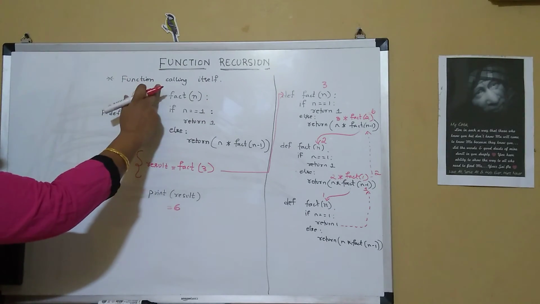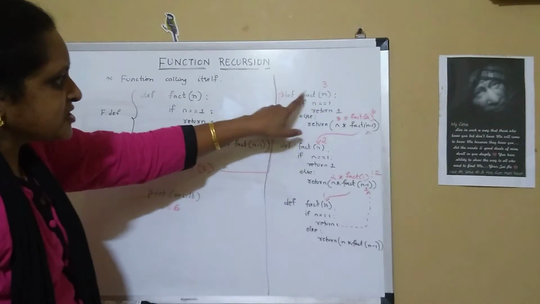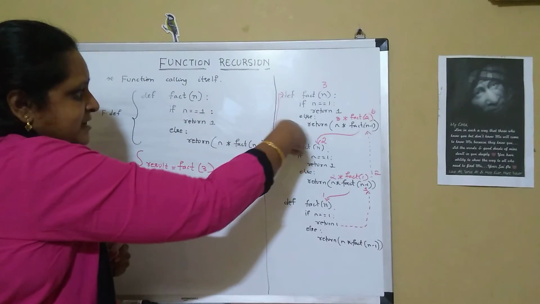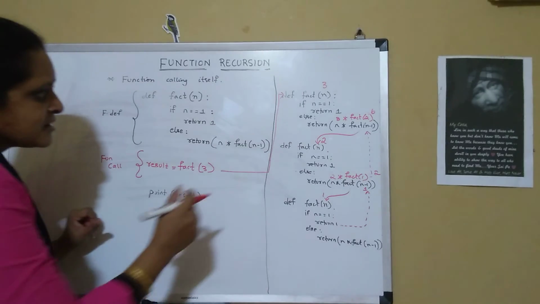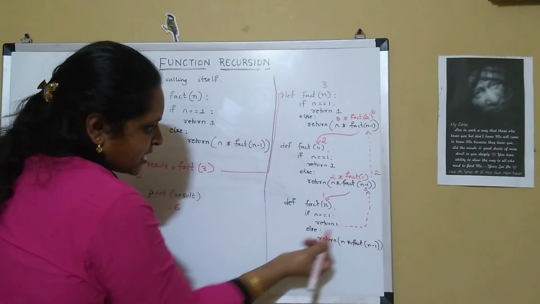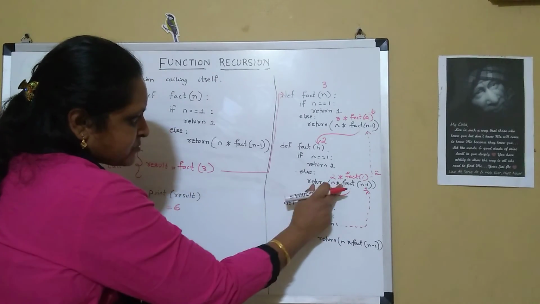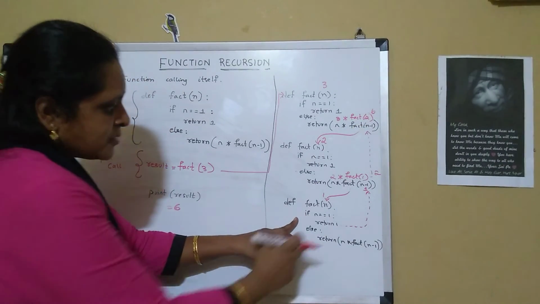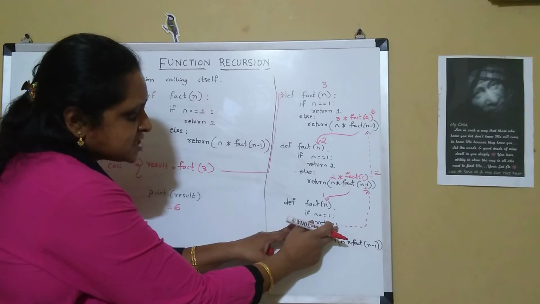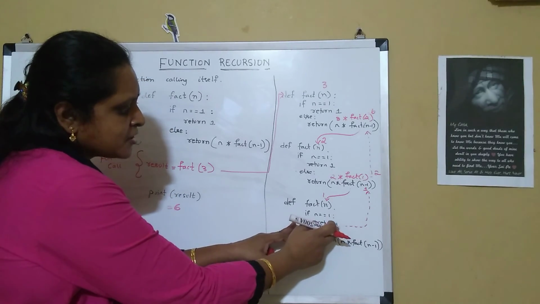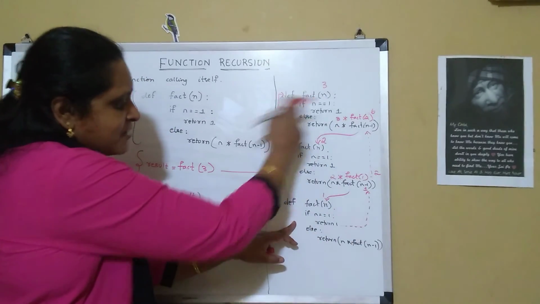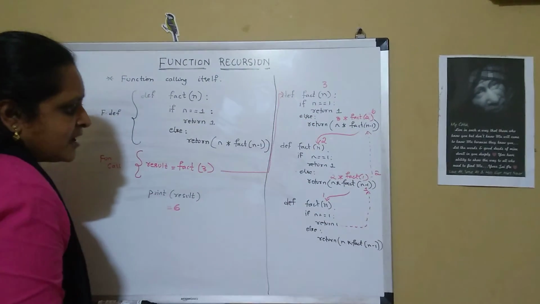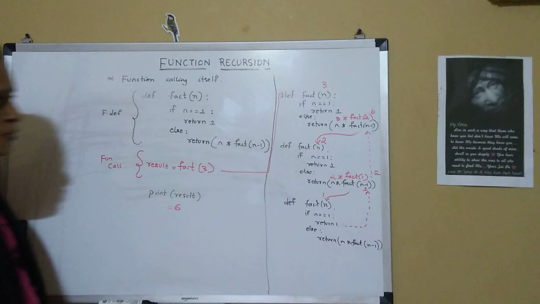Recursion is nothing but a function calling itself. So this function is again calling the same function. So it goes on repeating till the condition, that is, it returns a solid value. These are the recursive statements: fact n minus 1, fact n minus 1 are the recursive statements. But here we are getting a solid value, which is the termination condition. It's no longer called again, so it returns back the value. We have to give a solid value so that it returns back and does not go into an infinite loop.